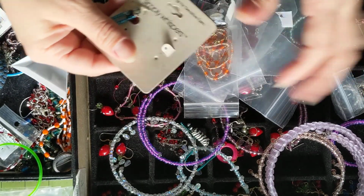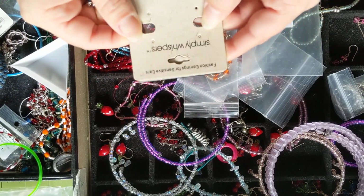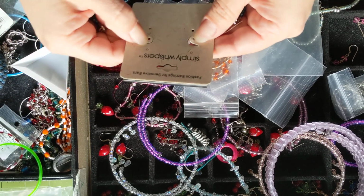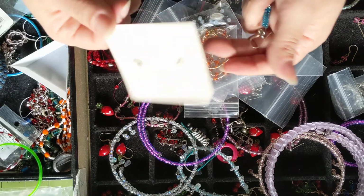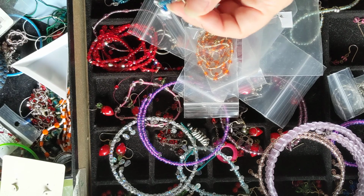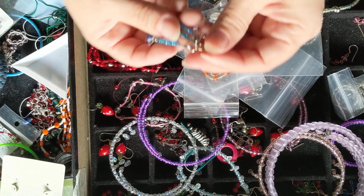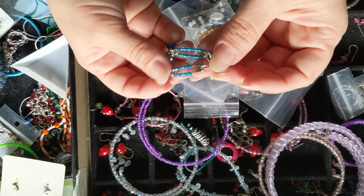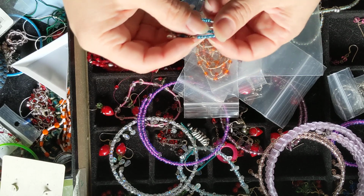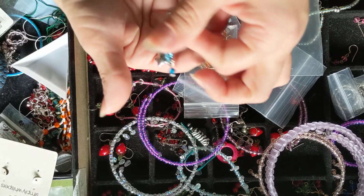Whoop. Simply Whispers is a jewelry company that I used to order jewelry from because I have sensitive ears. Back when I was not making as much of my own jewelry, I think my mom ordered jewelry from them, but good company actually. I have two holes in my ears, and I mostly just wear earrings in the first hole, but I don't have anything in my second hole, and I usually don't put a second dangling earring in there, so I want to get some studs, so maybe I'll have to place an order with this company. Anyway,